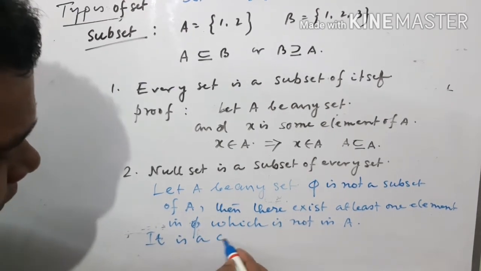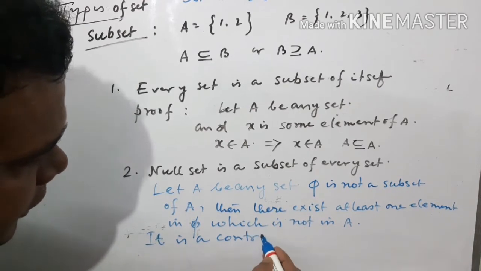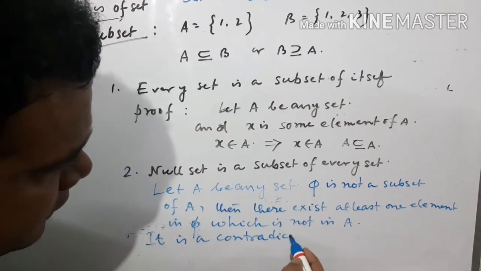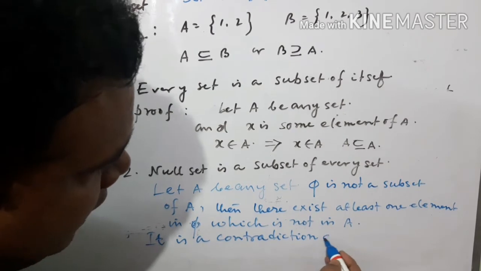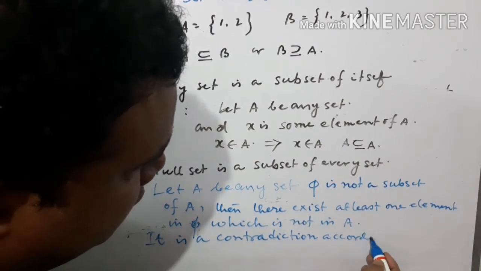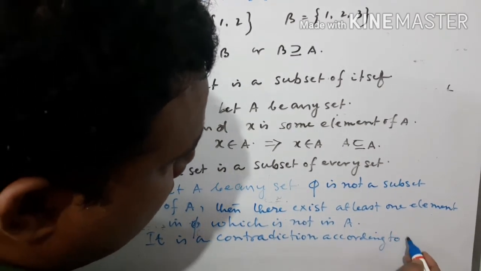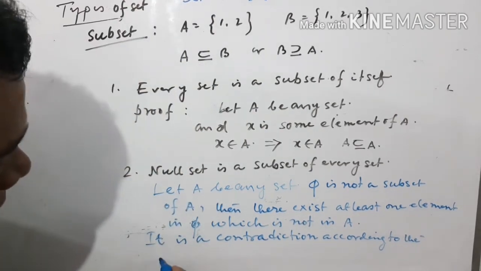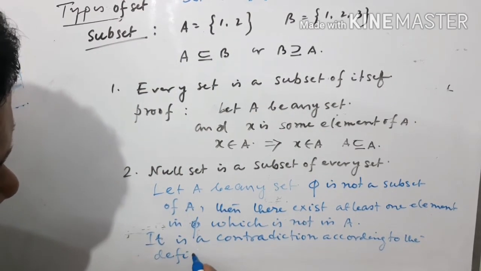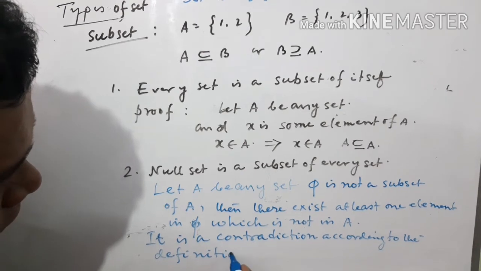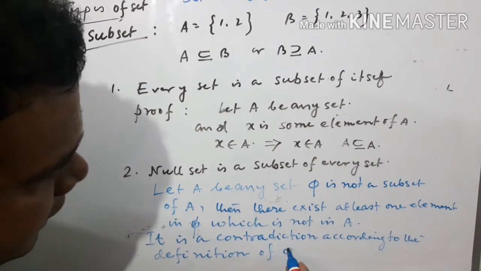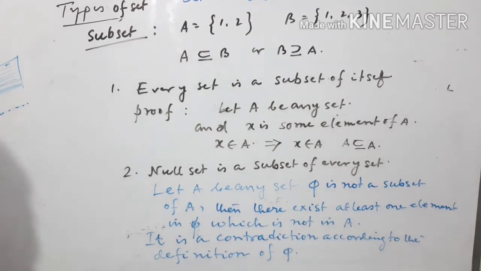contradiction according to the definition of phi. So if we consider phi is not a subset of A, it will create a contradiction to the definition of phi. Therefore,